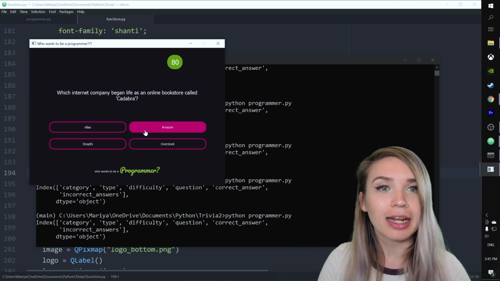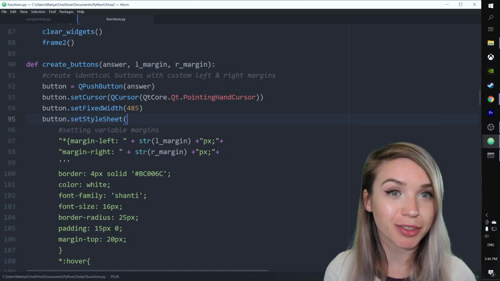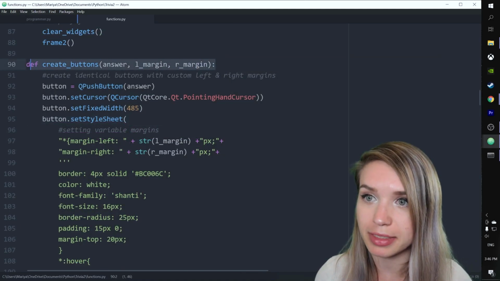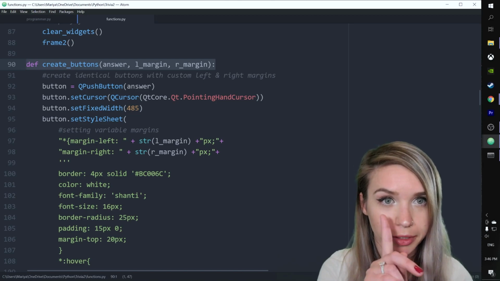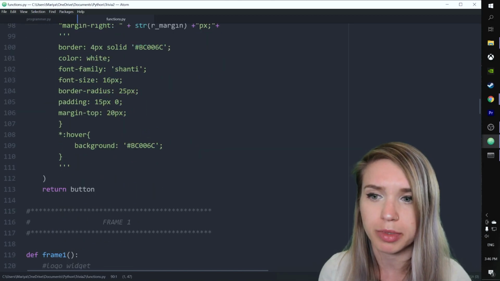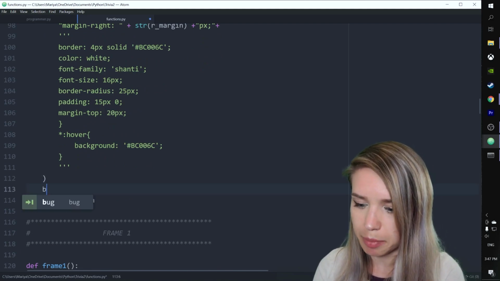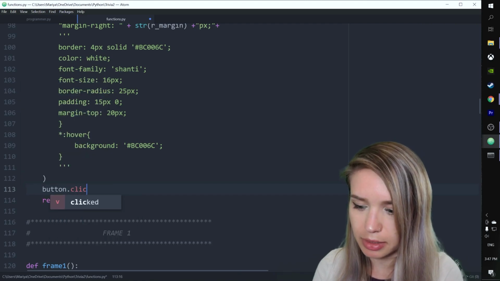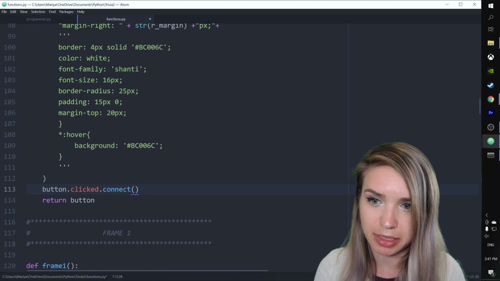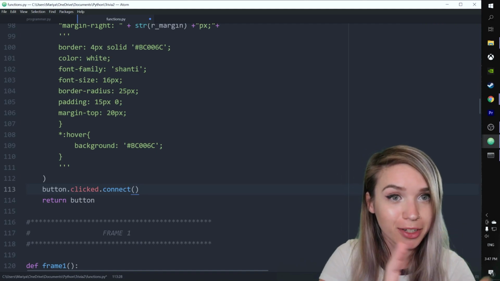So let's go ahead and add a callback function to these buttons. To do this, we will find our create buttons function, which we defined in part 1 of this tutorial, and we will scroll all the way to the bottom of it. And right before we return our button, we will type button.clicked.connect, and inside the round brackets, we specify a function that we haven't defined yet, but I already know that I want to call it